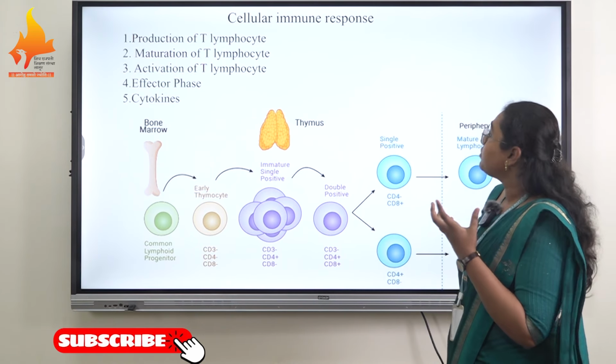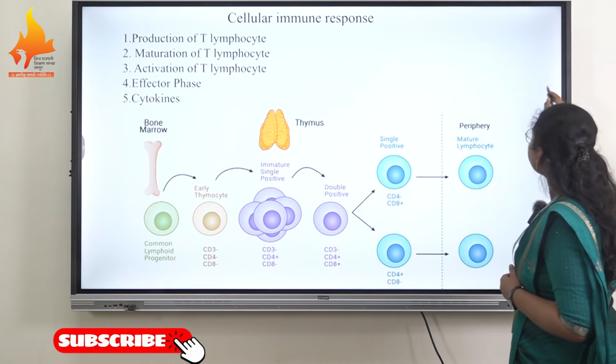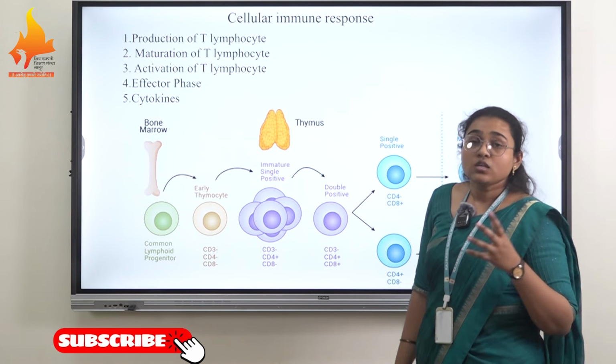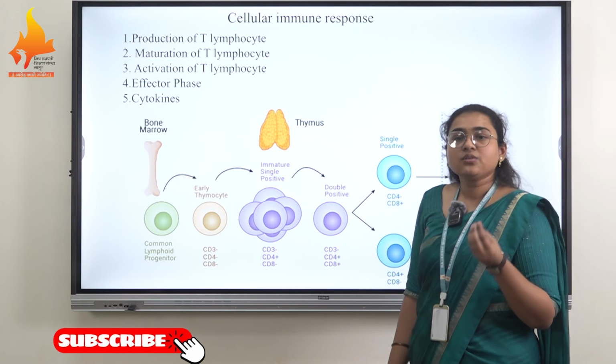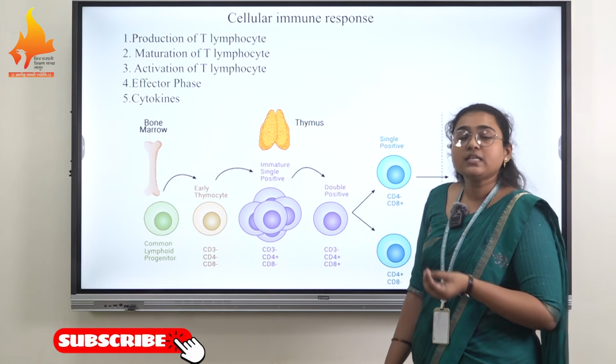We have just seen that bone marrow consists of hematopoietic stem cells, which synthesize the T lymphocytes or B lymphocytes. The point is that B lymphocytes and T lymphocytes are named depending upon their site of maturation. As the B lymphocyte matures inside the bone marrow, it is called a B lymphocyte, and as the T lymphocyte matures in the thymus, which is another primary lymphoid organ, it is called a T lymphocyte.